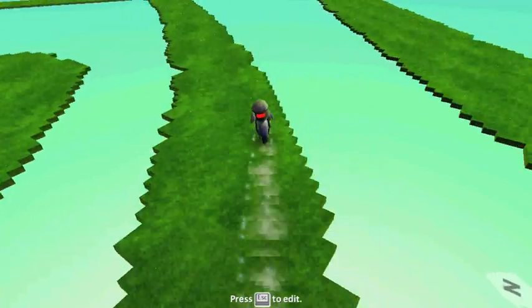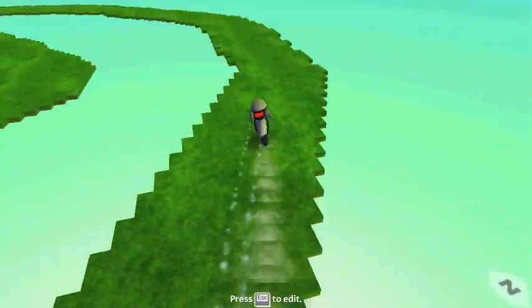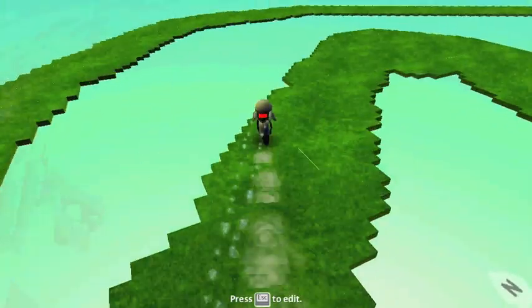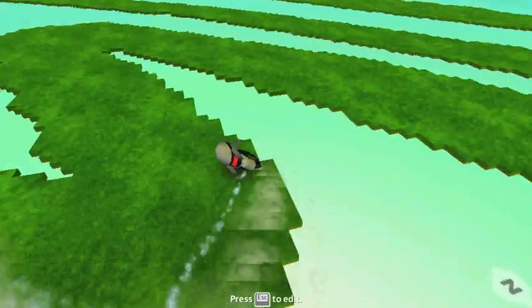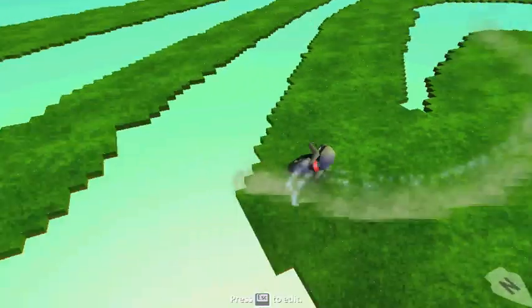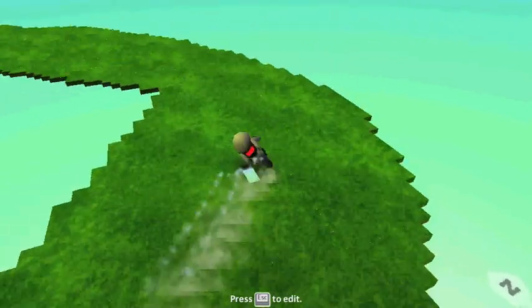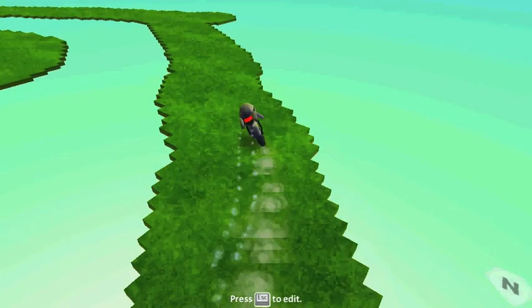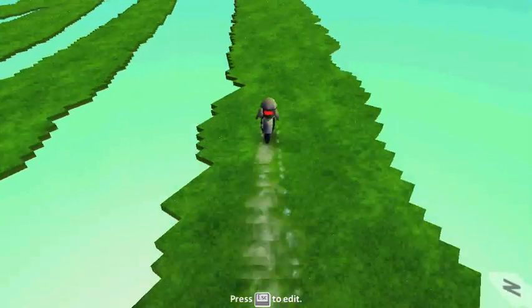So you can see and decide once you've given it a try whether you think the track's wide enough and if he's going around corners nicely or not. That's pretty good actually. And you could create some holes in the middle of your track and different paths, different options of which way to go, all sorts of different things you can do with your track to just make it a bit more fun and challenging. Now at the moment there's no one to race against, it's just me speeding around this maze,